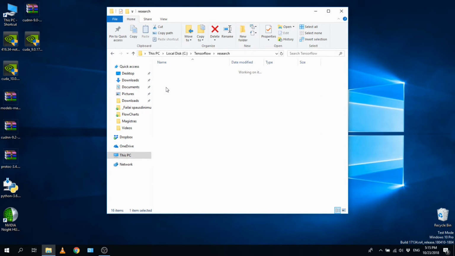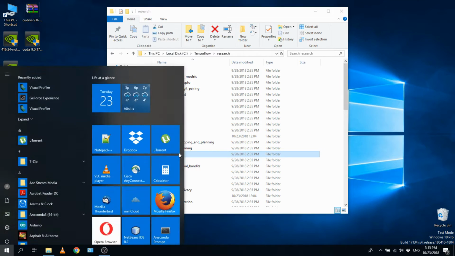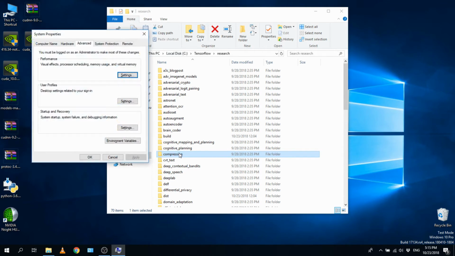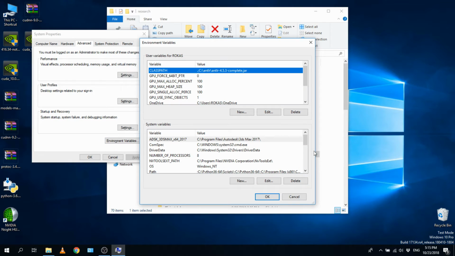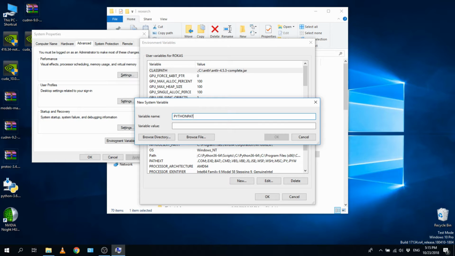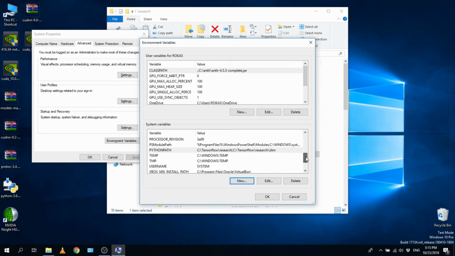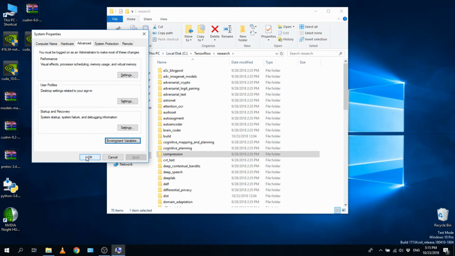Let's go to TensorFlow research, and here we go to, okay, what we have to do is at first we have to add this directory to our environment variables. So we go to environment variables and we write here new Python path. We add here this directory and add another, Python path slim folder. Okay, check if it's added. We have both of the directories. Okay,